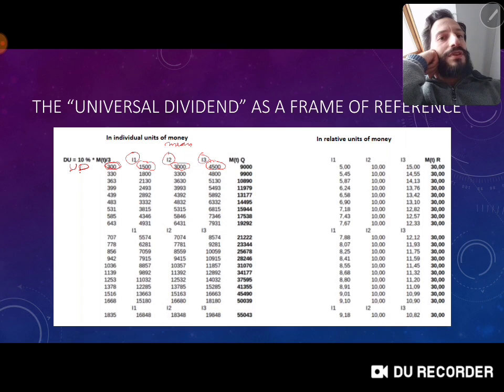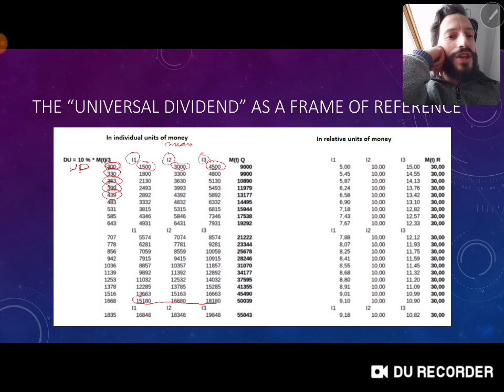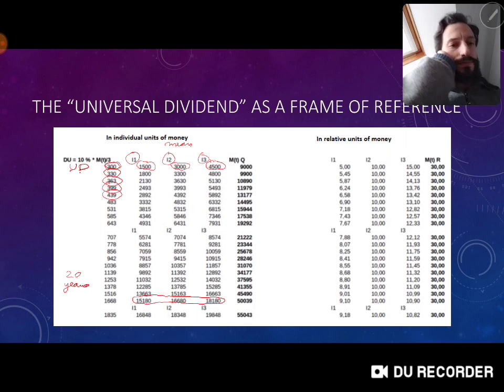Over time, the universal dividend grows exponentially. So here, 10% per year. Okay? So in individual units of money, the relative wealth that each has after 20 years, let's see, these are years. After 20 years, they pretty much have the same. They still have